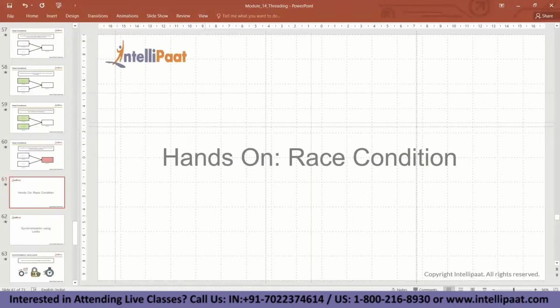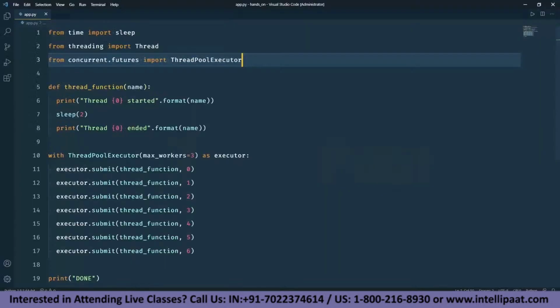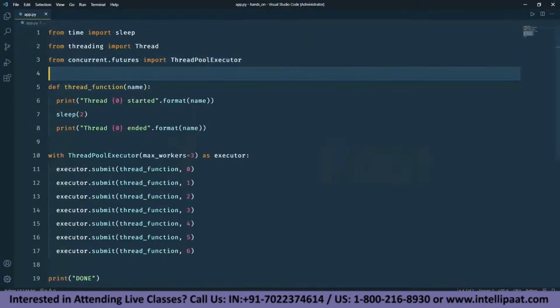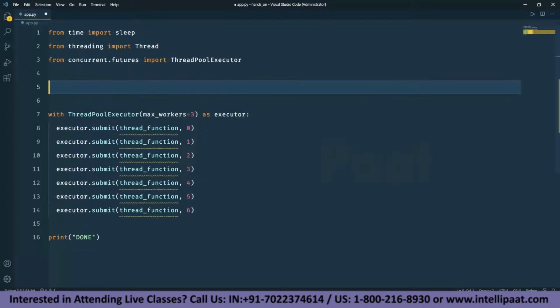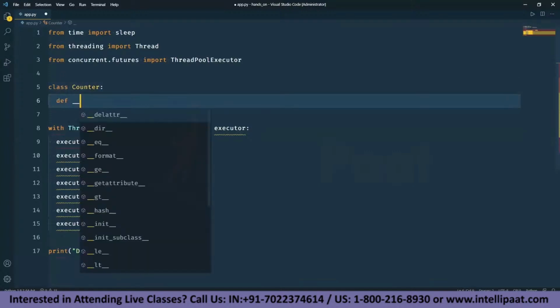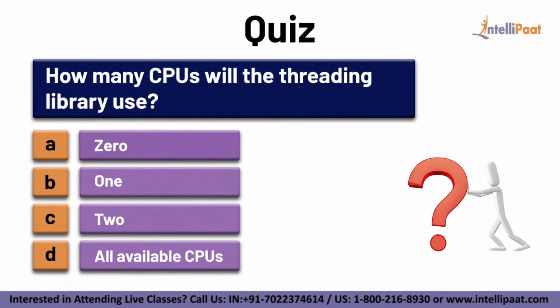Alright guys, now let's take a look at race condition. So this is what the code we had earlier was. I'll make a few changes here. Instead of this, I'll create a class. I'll call it counter. It will have